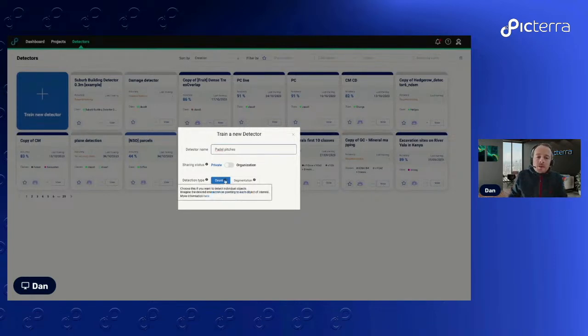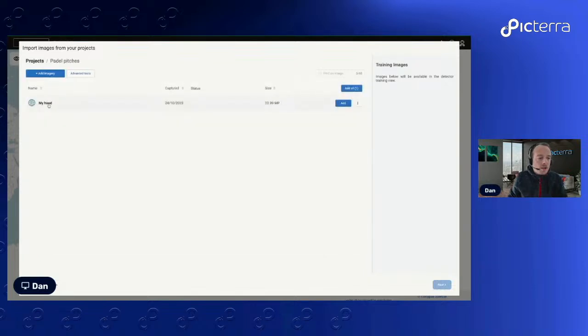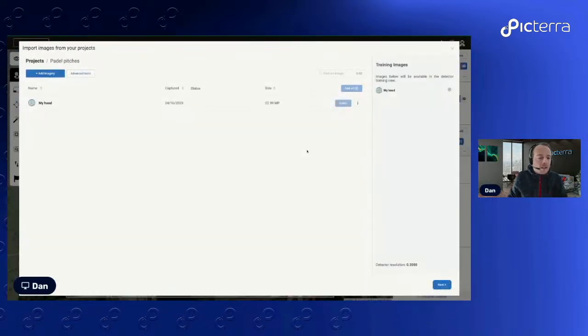And I'm going to keep it as a count because we're wanting to detect individual objects here rather than, say, an area of coverage or land use, for example. So I'll keep it as count. And crucially, now I need to select my training image. So let's go into my project. Let's add that image